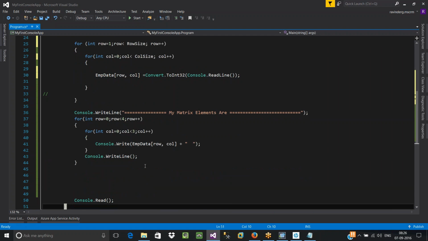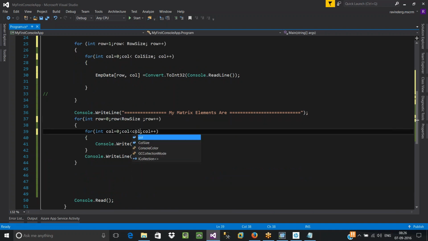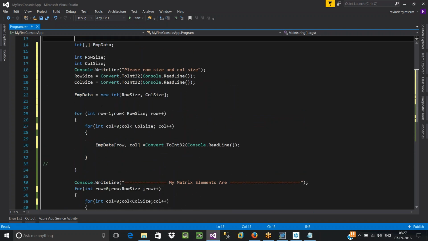Rows should be repeated up to row size, and this is going to be column size. The maximum number of columns comes from this variable and the maximum number of rows comes from this variable. So you need to navigate through all the rows up to this maximum limit, and coming to columns, the maximum limit is going to be column size. Let's run the debugger.